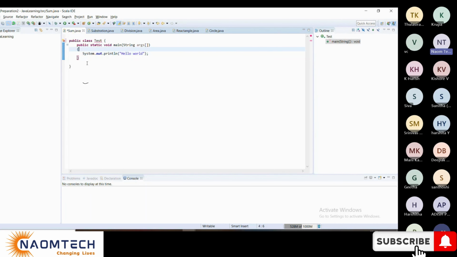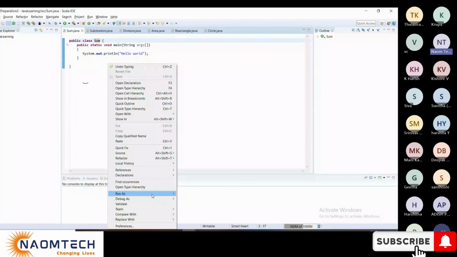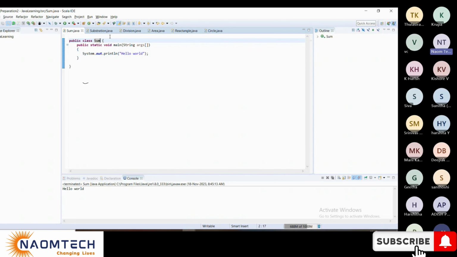But suppose you want to do the same thing in Python, let me show you. This is erroring out because I used some other name earlier. Maybe let's just quickly run this if you want. I can run this for you. Run as Java application. I'm just showing you this is a simple Java program, and the one I'm using is called Eclipse. And you can see hello world here.